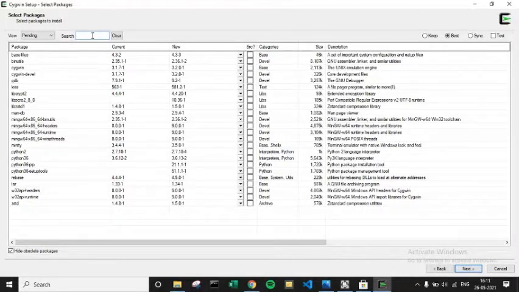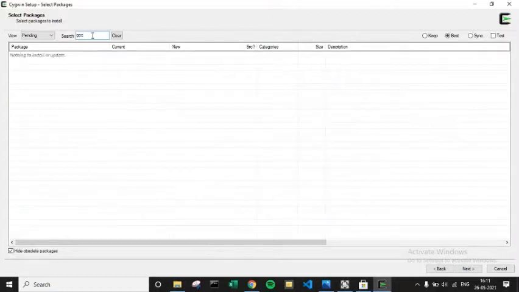First we have to install three things. First one is our GCC compiler. So type GCC here, guys.